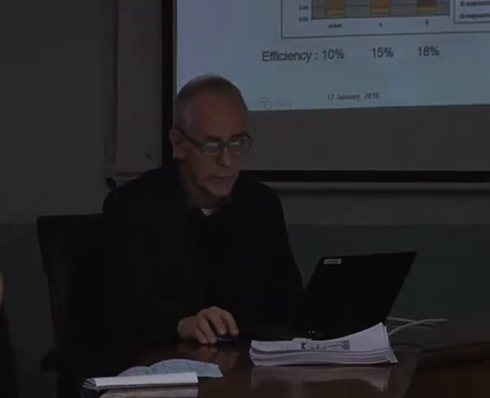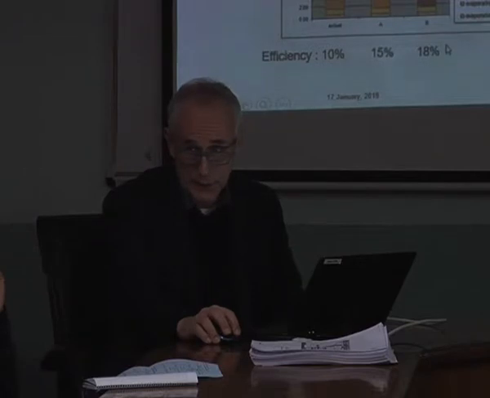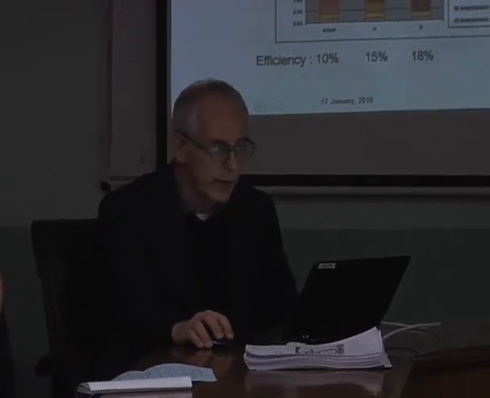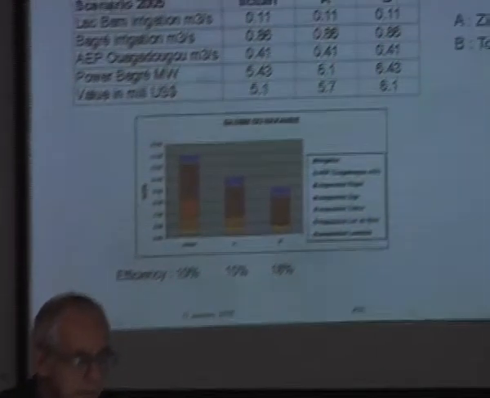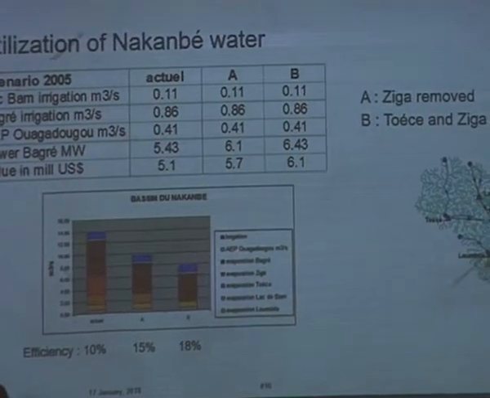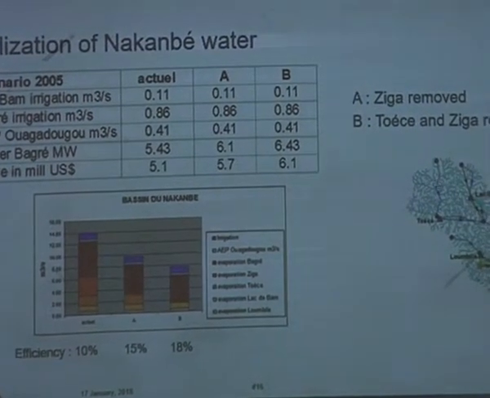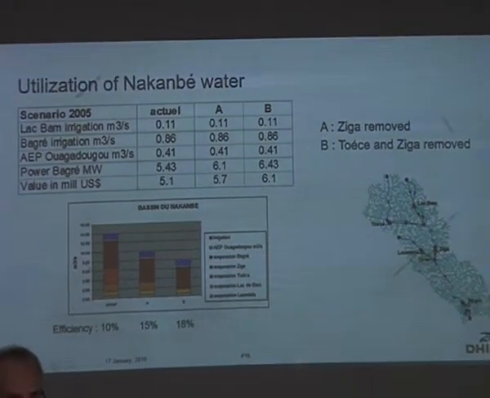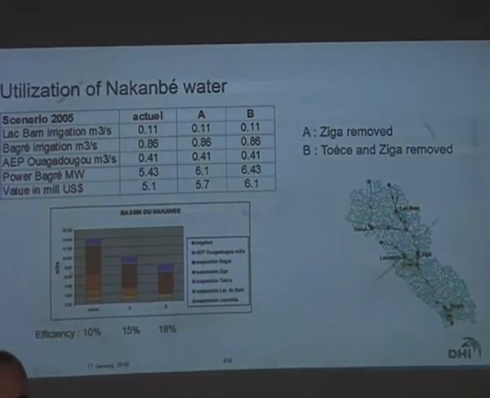If we also remove that reservoir, which was put up by this private man up here, we're up to 18%, right? So the losses go down a lot. At the same time, the power production then increases, because down here you have this hydropower, right? And the amount of water that then is allowed to continue all the way down here increases the value of the power production by $1 million per year, right? But of course, now they're building this reservoir, you can't just remove it. You might be able to remove the one upstream, right? But